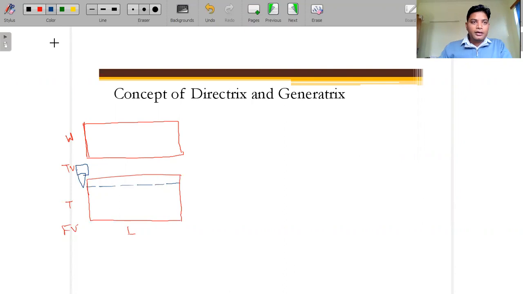So if we keep the single point cutting tool over here, it will not remove the complete width in a single motion, a single way.